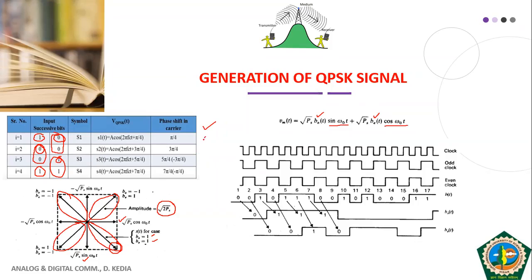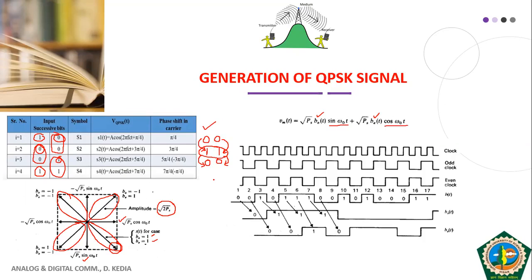What does it mean? If you have S1 as, for example, 0 0, and your S2 comes as 1 1, now what is happening? This 0 is also changing to 1, and this 0 is also changing to 1. And say your next symbol is, for example, again 0 0. It means your 1 is changing to 0, and your 1 is changing to 0. It means both the bits are allowed to change simultaneously. This is the meaning of the concept that I want to highlight here.